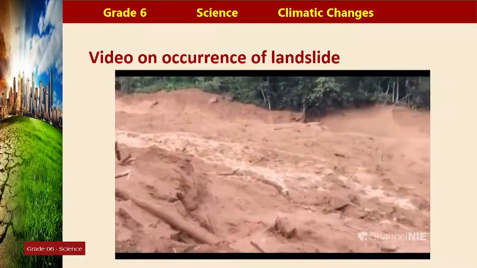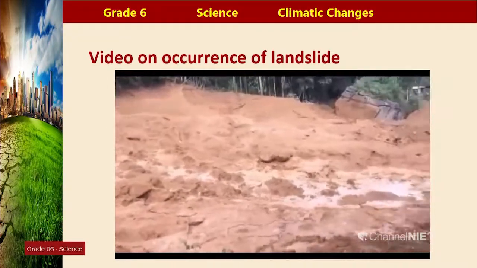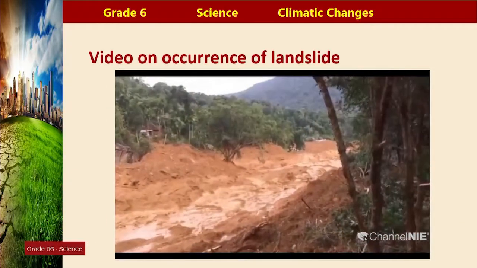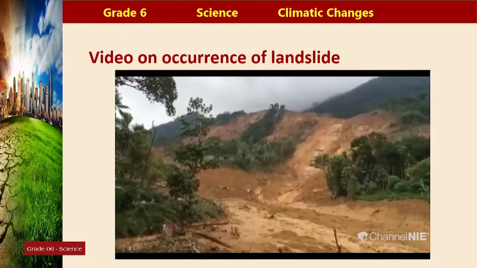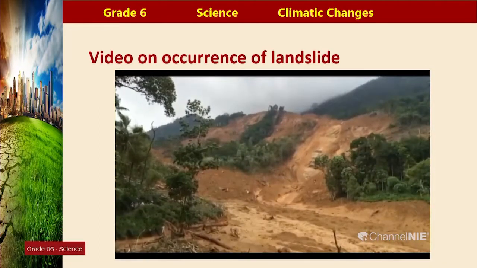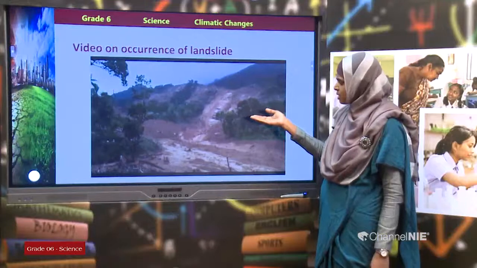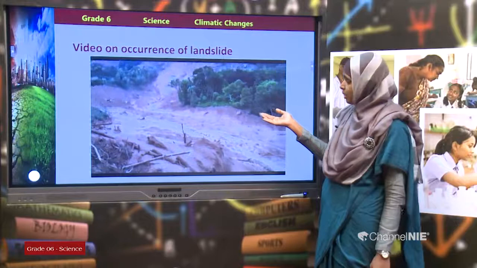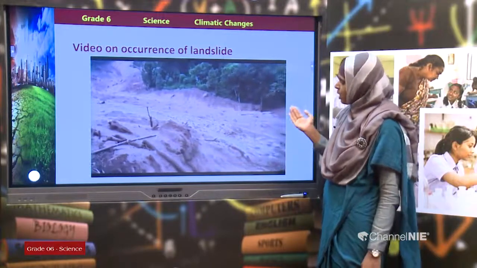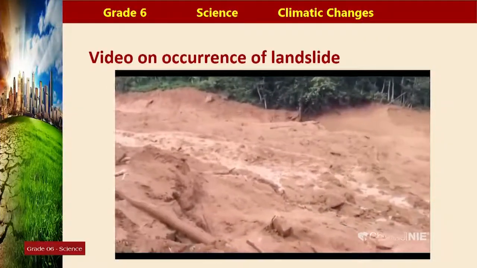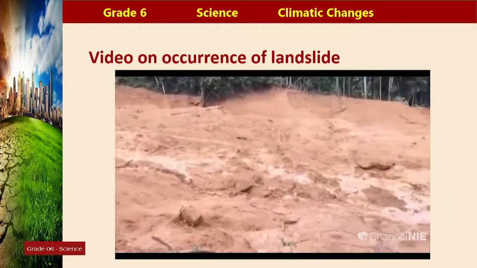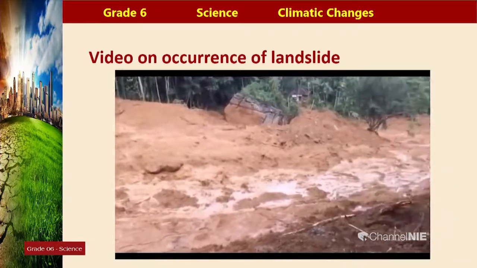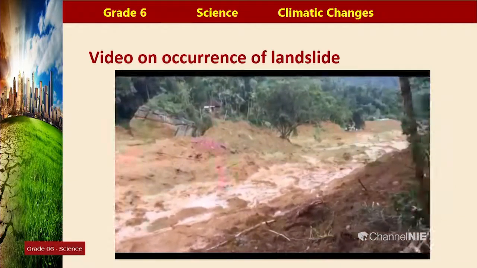And you can see the final impact of the landslide. The whole area is covered with soil and the mud which is drained off from the higher mountainous region. This is a landslide which occurred in Sri Lanka, children. It was a disastrous event which happened in 2016 in Aranayaka. You can see how much destruction. It killed more than 200 people. All 200 people are buried under the earth due to the landslide.